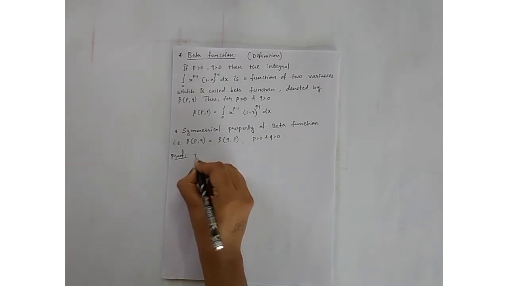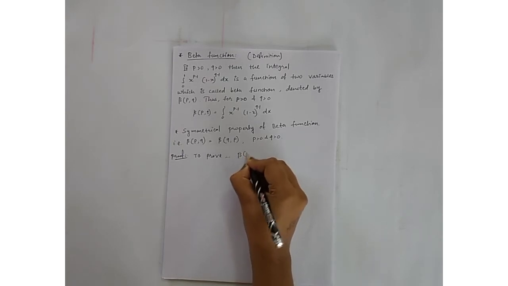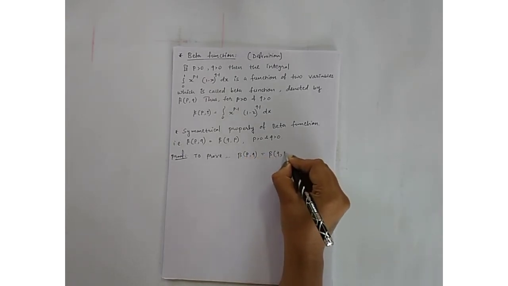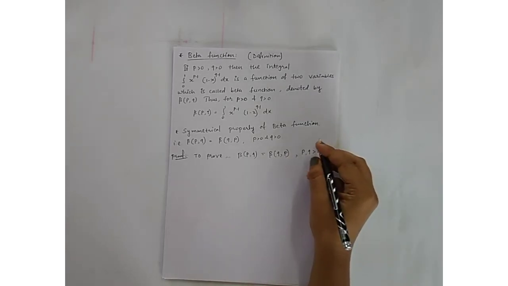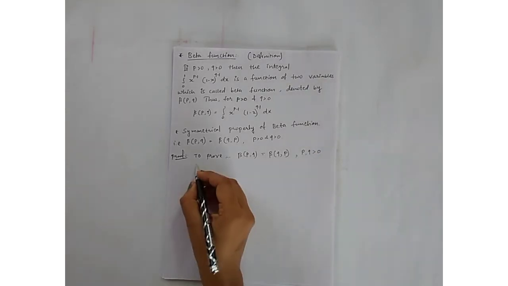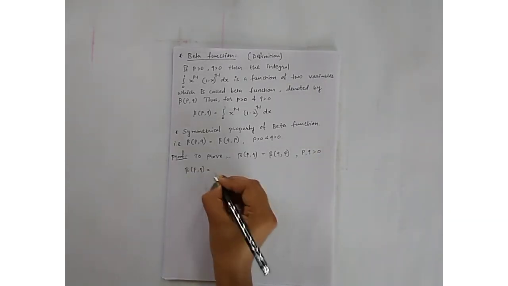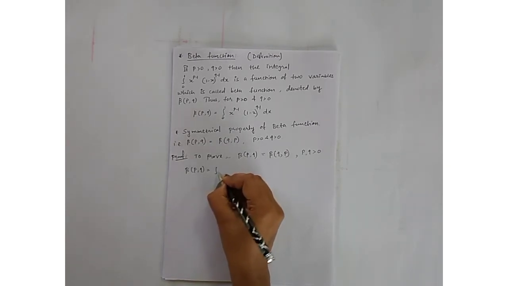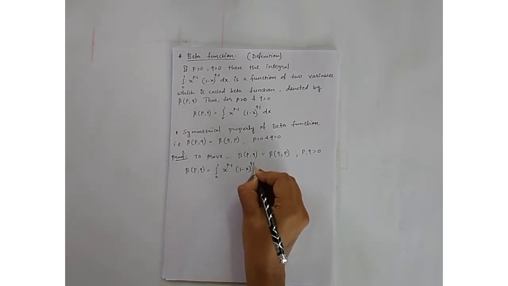To prove beta p q is equal to beta q p for p and q greater than 0, first let beta p q be equal to, using the definition of the beta function, the integral with limits 0 to 1 of x to the power p minus 1 into 1 minus x to the power q minus 1